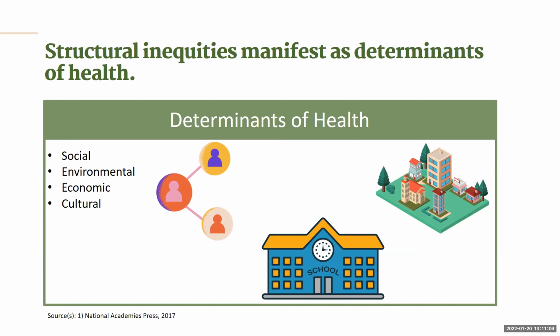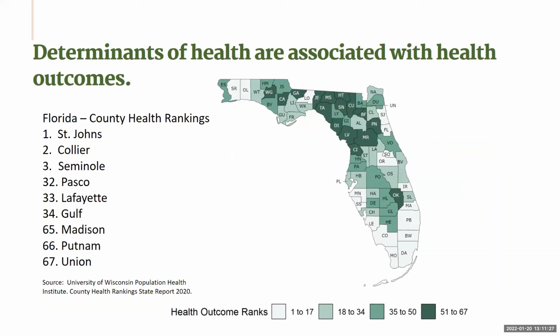And these are all factors that can lead to preventable differences in health metrics like life expectancy. There's research that indicates that a person's zip code is more important than their genetic code. And so we'll talk about that as we move into the demonstration of how health outcomes are associated with